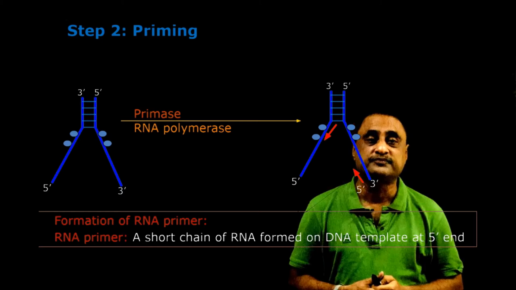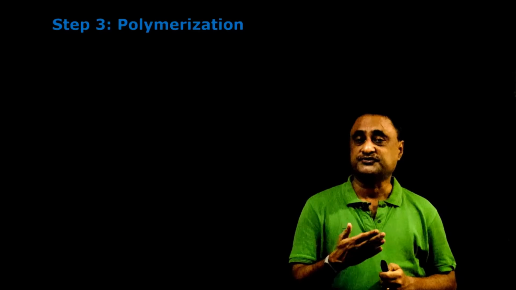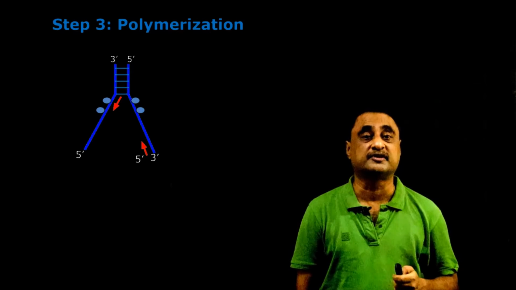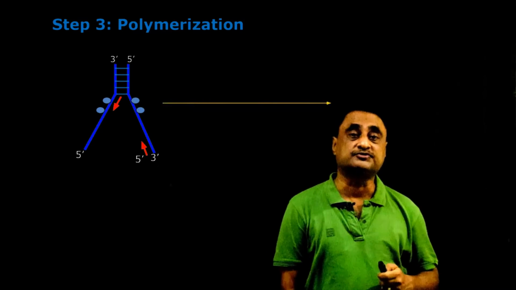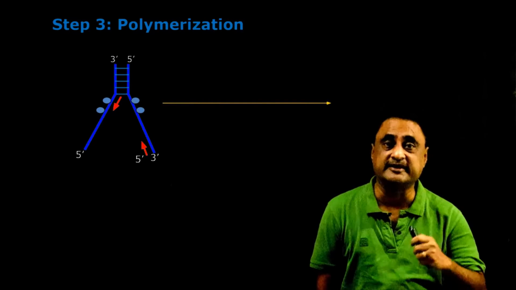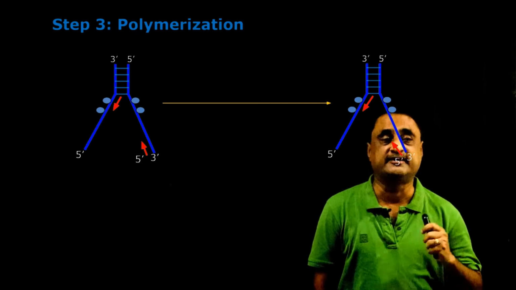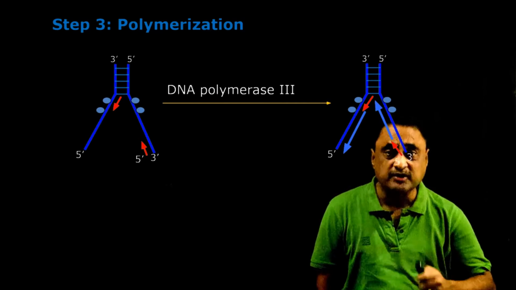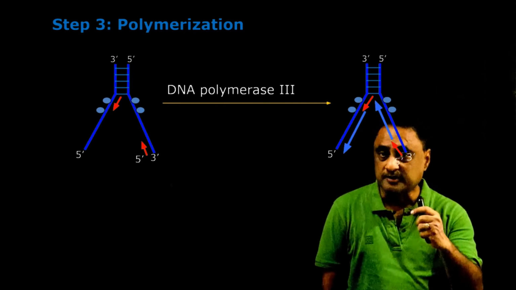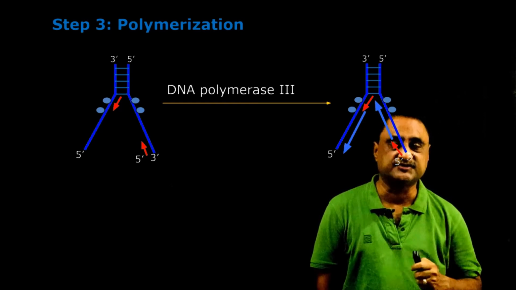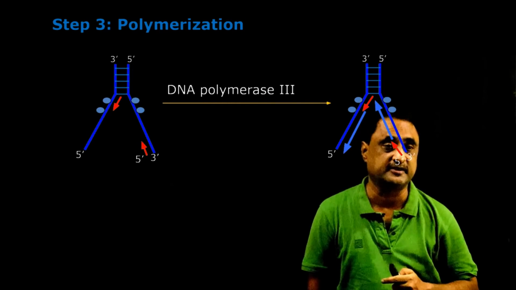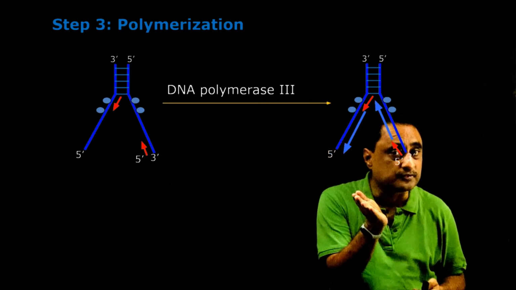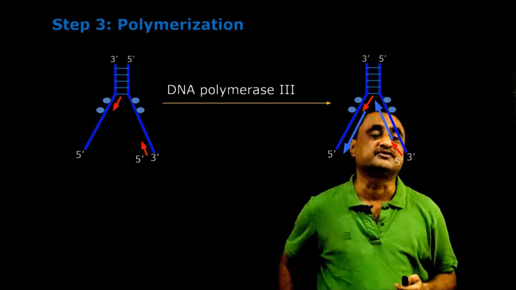Let's talk about step 3. In case of step 3, this is polymerization. And the main polymerizing enzyme is what? DNA polymerase 3. In prokaryotes, there are 3 types of DNA polymerase: DNA polymerase 1, DNA polymerase 2, DNA polymerase 3, right? And DNA polymerase 3 is the main enzyme that does the polymerization. Now, what exactly do we mean by polymerization? Polymerization is the DNA synthesis, right? And the DNA synthesis is going to occur by complementary base pairing. Okay, so whatever strand you see, if there is an adenine, then the complementary base pair is going to be thymine.